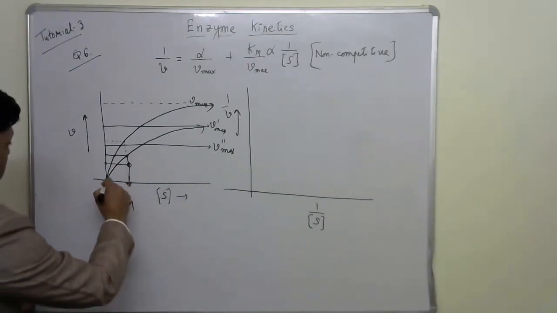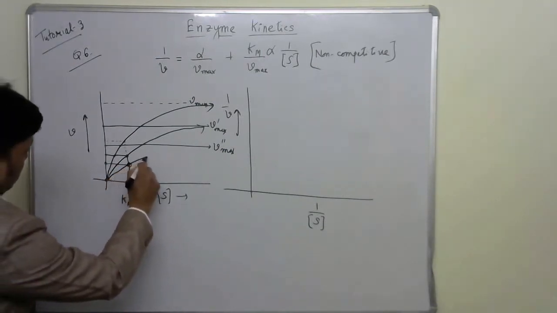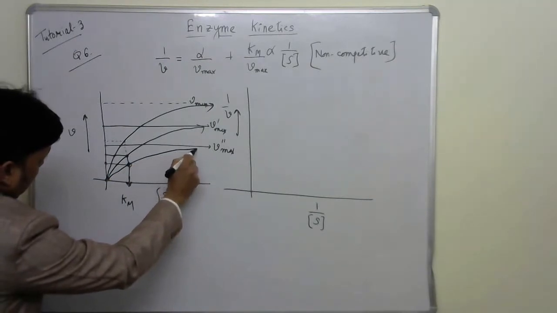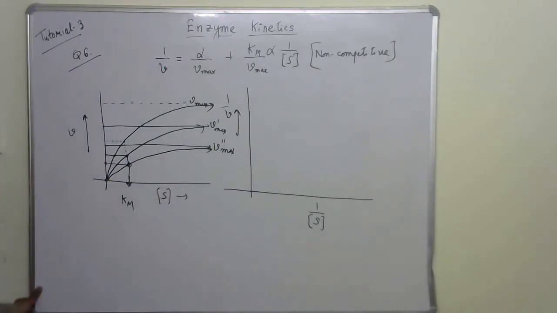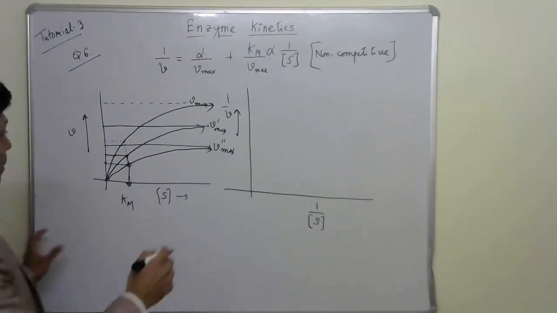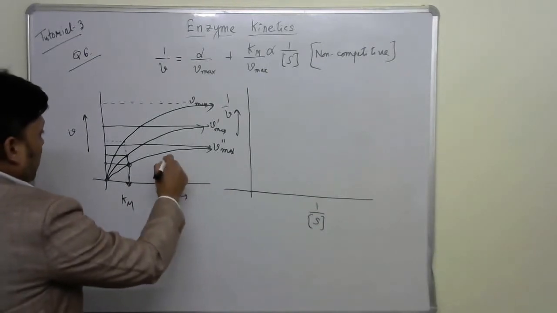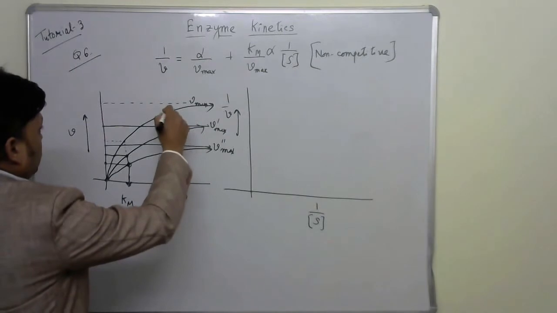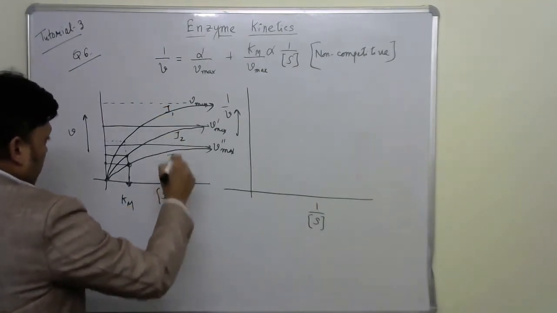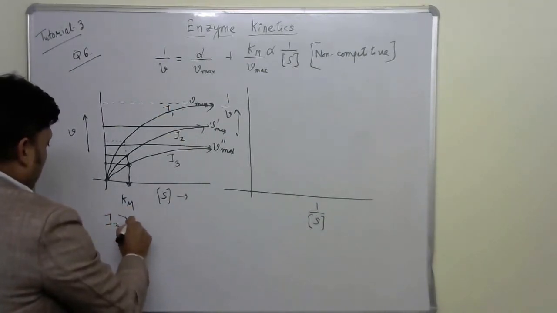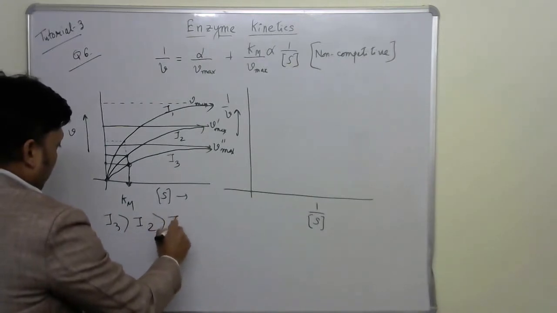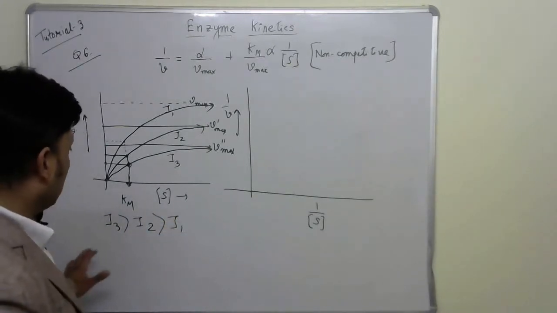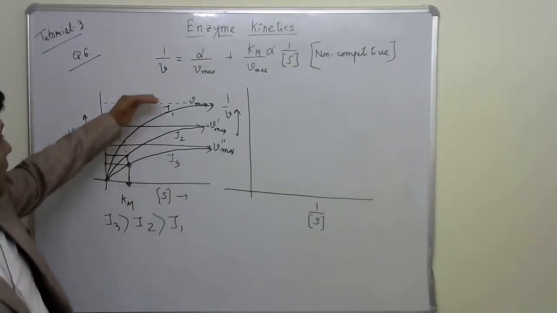For the third plot, the plot goes like that. Okay, so that is Vmax double prime. So here I have I3, I have I2, I have I1. Here the situation is I3 greater than I2 greater than I1, but Km remains constant, and you see the